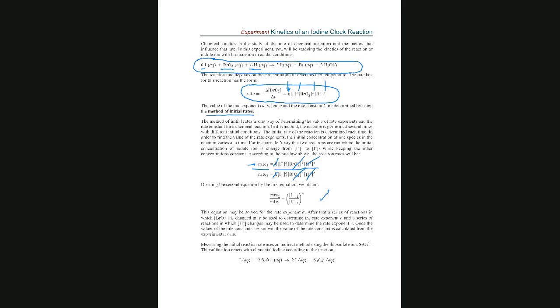So we will have the rate 2, we will have the rate 1, we will have the concentration of iodine 2, iodine 1, and we are going over the calculations later, we are going to calculate A. And then what do we do? We need B and we need C. If we want to calculate B, what do we need to do here? Let's erase everything. If we need to calculate B,